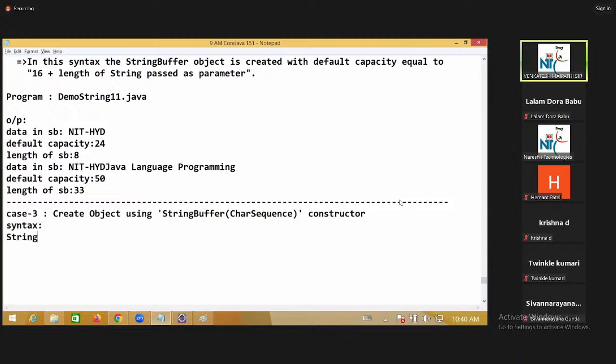Syntax: StringBuffer SB1 = new StringBuffer("NIT HYD"); StringBuffer SB2 = new StringBuffer(SB1);